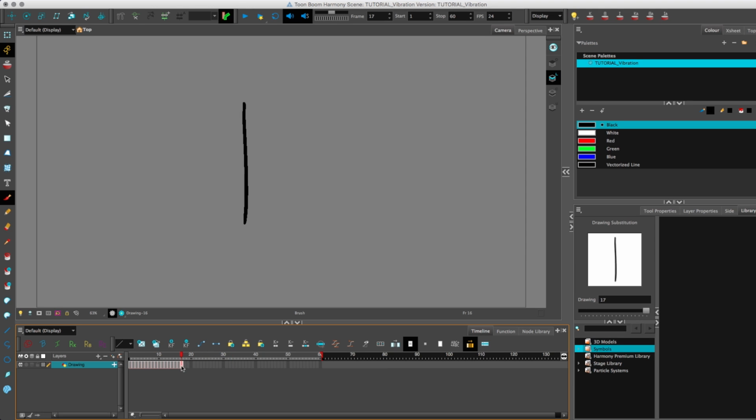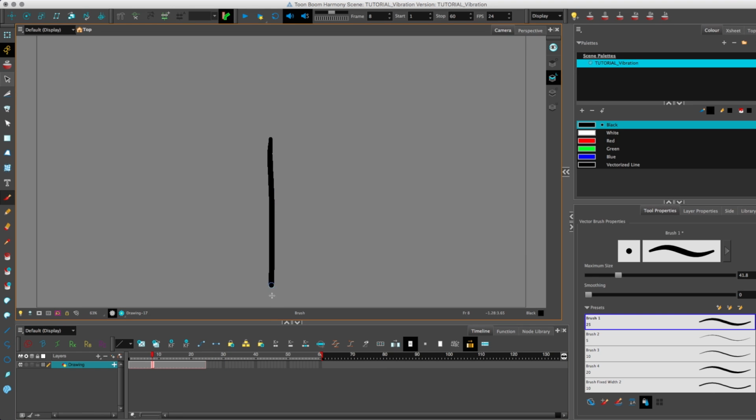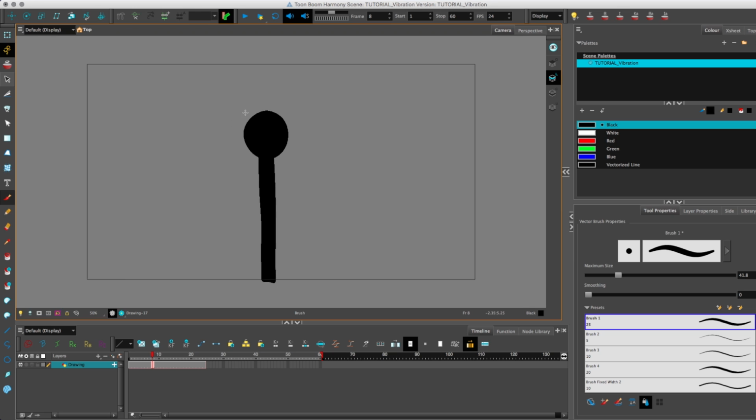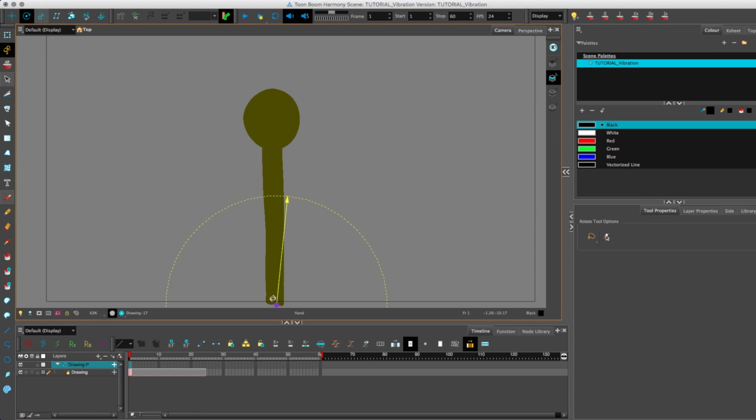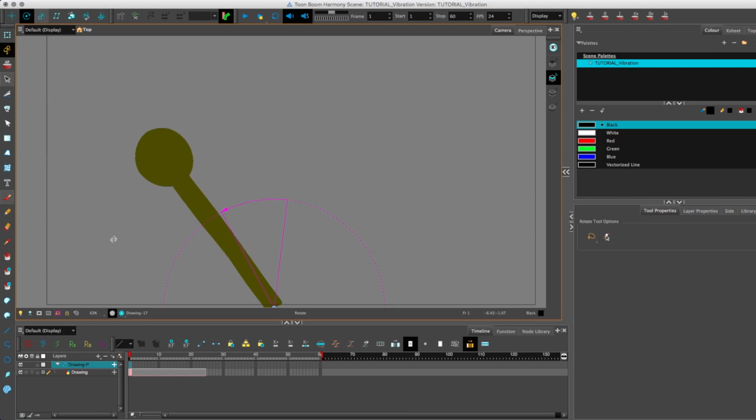There's lots of different ways to pull it off that are much easier than simply drawing it like this, because, you know, what if you have something a little bit more complicated? So say, for example, you have a pendulum looking thing like this, right? So I've put it inside of a peg, or a symbol if you're using Flash. Placed its pivot point down at the bottom so it'll rotate like this, as ticking things tend to do.